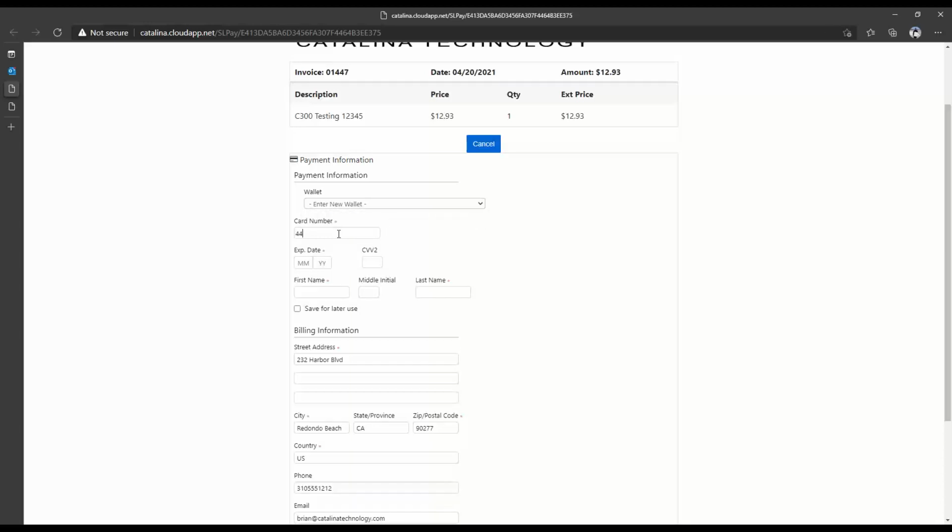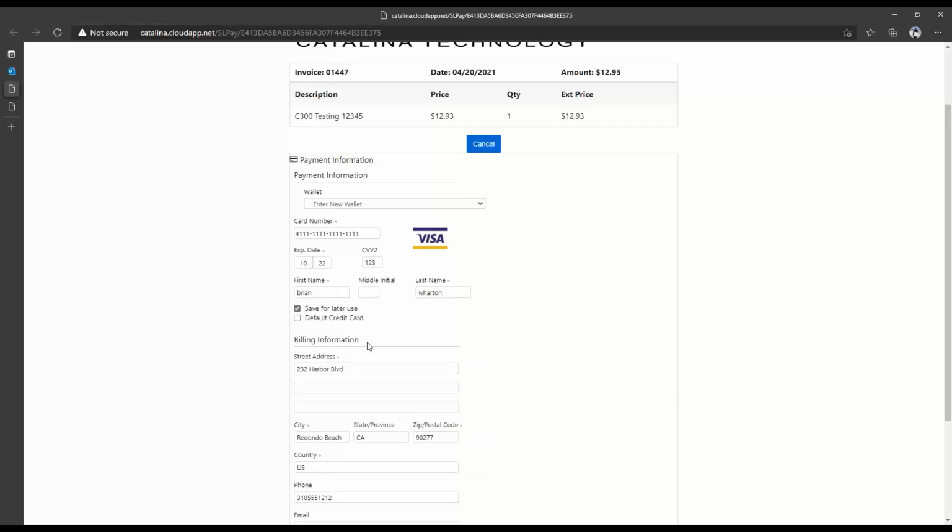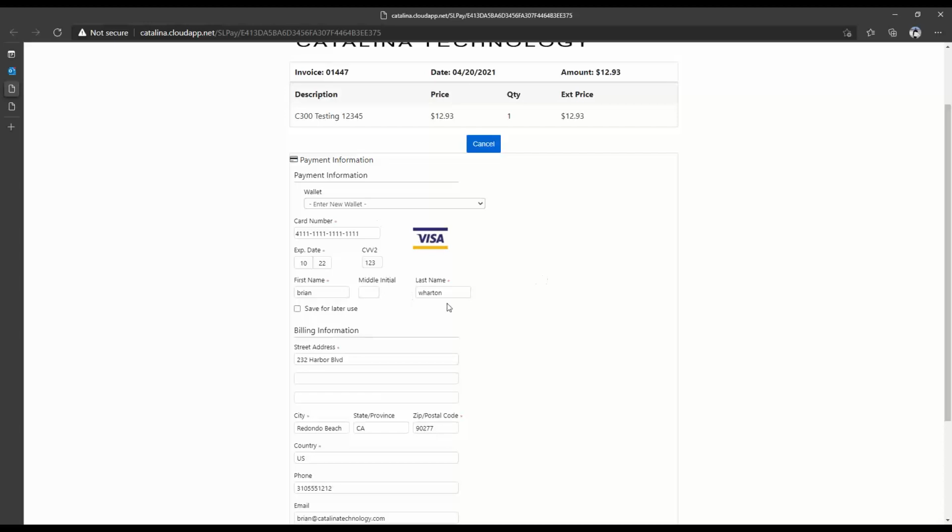I can enter another credit card if I want to, 22, 1, 2, 3. I could save this card for future use and make it a default card, because Catalina also has a payment portal and a way to do recurring billing as well. So I could save this card and have it used for recurring billing. But in this case, I don't want to save this. I'm just going to make a